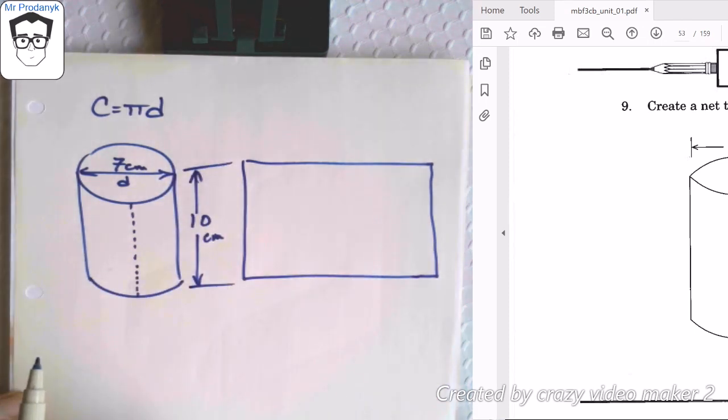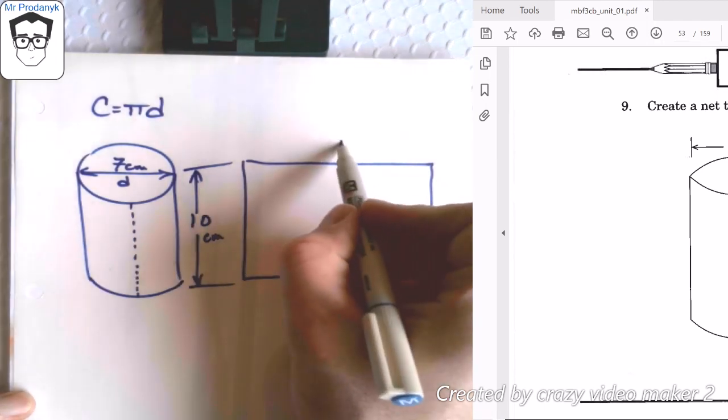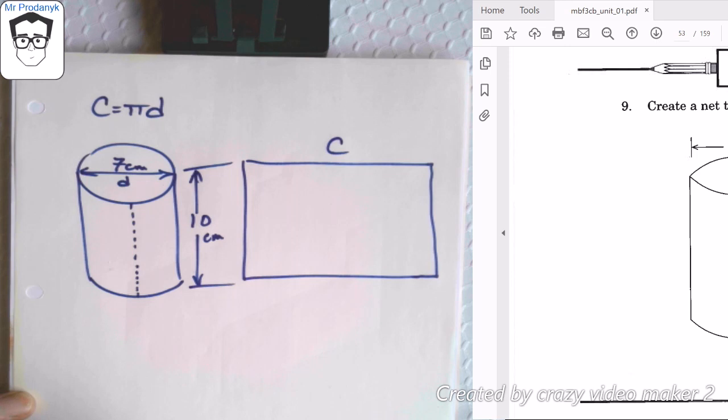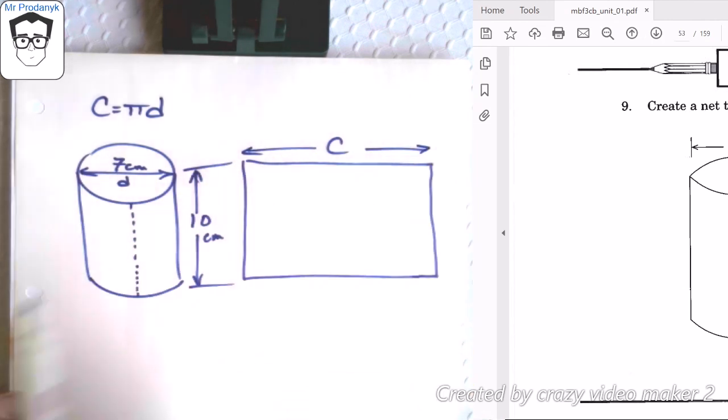There's the 10 centimeter height, but now this is the opened up edge of that cylinder, and that equals the C value across here, which we have to calculate